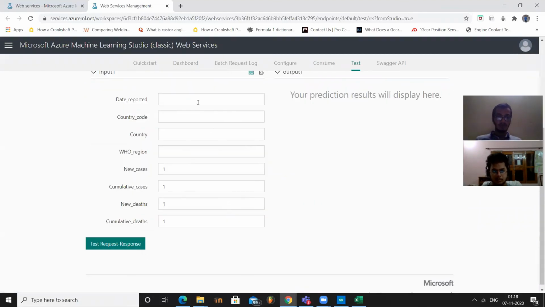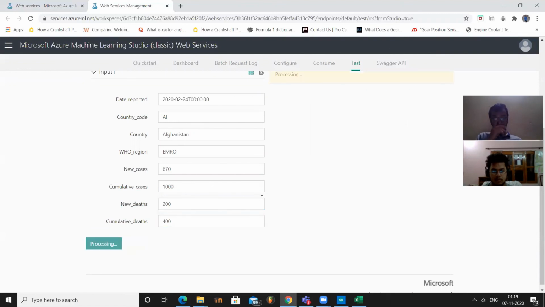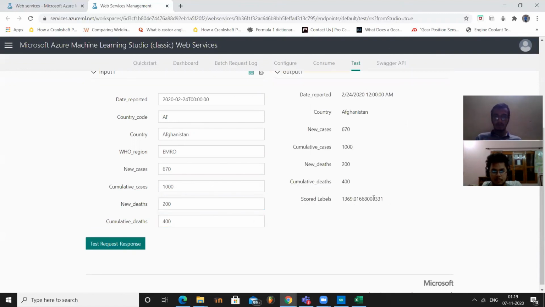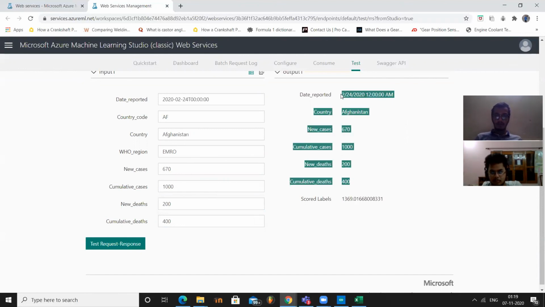So here you need to give inputs. Once you give the input, you'll get the predicted output and the input that you have given.